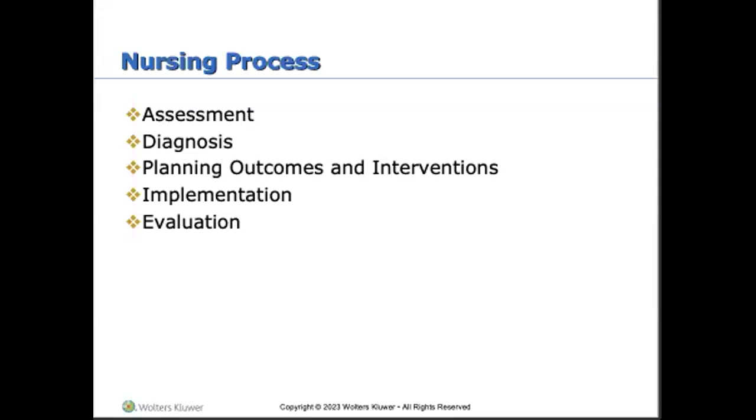After we get our diagnosis, we want our outcomes, right? What are our goals for our client and what interventions can get us to our goals? After we get that, we're going to do our implementation, which is our action phase when we're actually implementing those interventions that we planned. And then we follow up with an evaluation. Is what we planned as an outcome the outcome we actually got? If so, great. If not, what can we do differently?